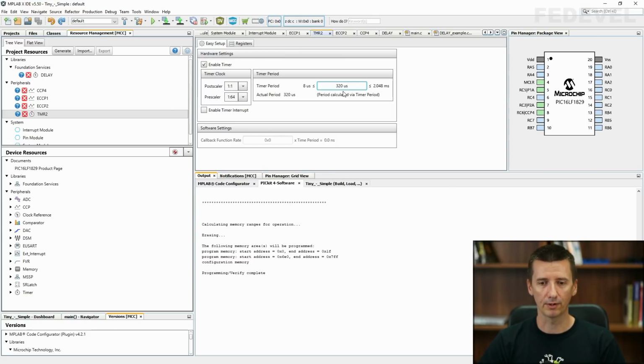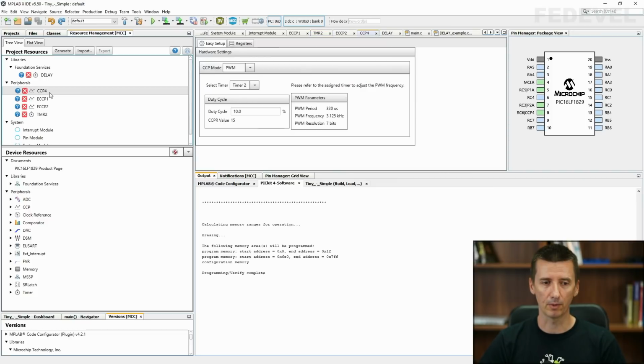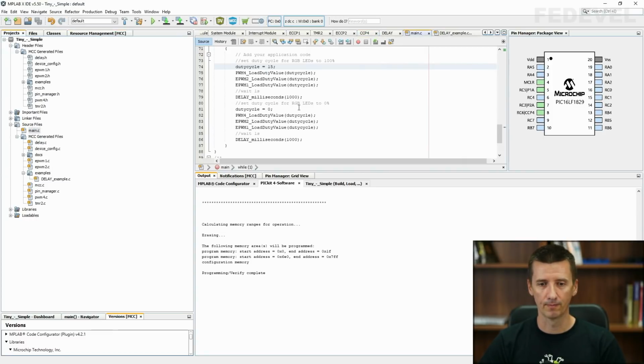If you would like to then calculate the duty cycle, then you can, for example, go to specific CCP module, and if you change the number here, you will get the value which you will then use here in your main code. So right now it is not 100%, so I'm going to maybe delete this, because then it will be more accurate. Okay, that's everything about PWM, and maybe we could also try something else.